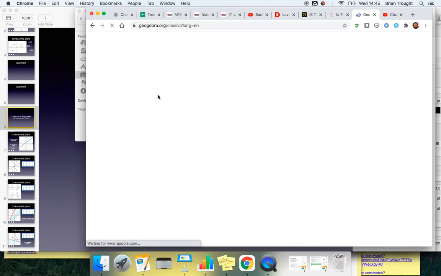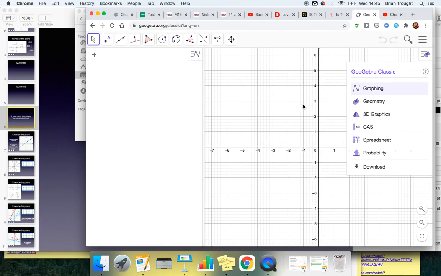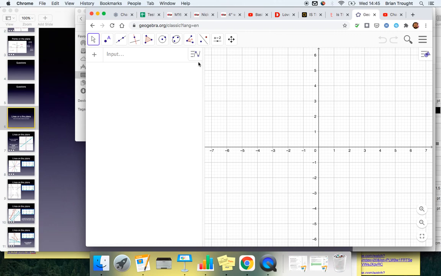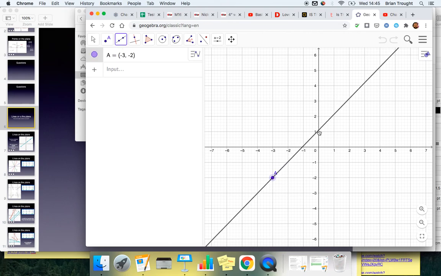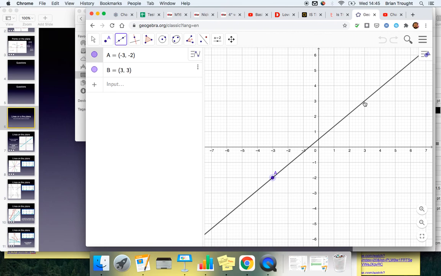Okay, coordinate geometry 2. So let's have a look at lines in this case. I'll start with GeoGebra again. The second icon there is for lines. So here we go. And the thing to remember is a line goes through 2 points. So I had to plot 2 points to draw that line. Now it does go through many other points, but you need a minimum of 2 points to specify the direction